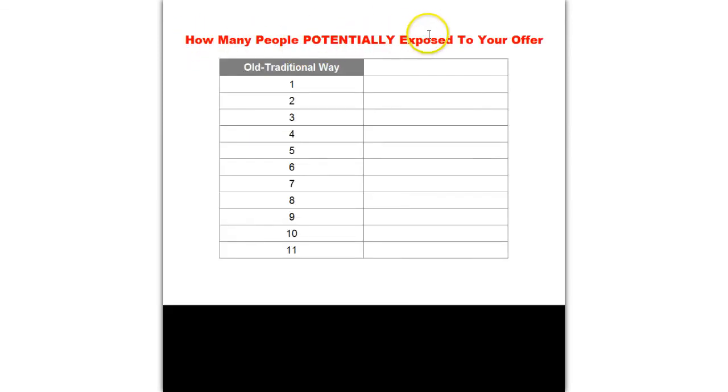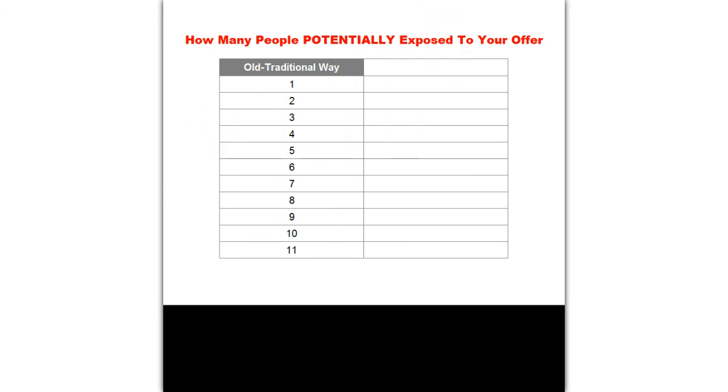It's just one extra step in between the sign up and the get your access to whatever it is, tell your friends. So the first step, right, how many people potentially exposed to your offer? The old or traditional way, as each one person comes in, one person sees your offer. So one person in, one person gets to register for the webinar or download the ebook or watch the video or whatever it is, right? A second person comes in, so one person again, and it just grows one by one by one by one. Every time you send one person to the front, one person comes out.